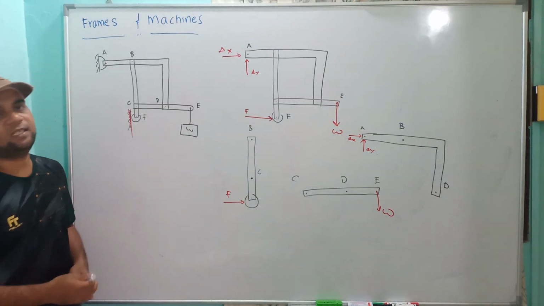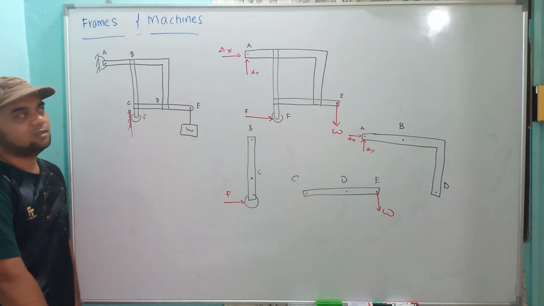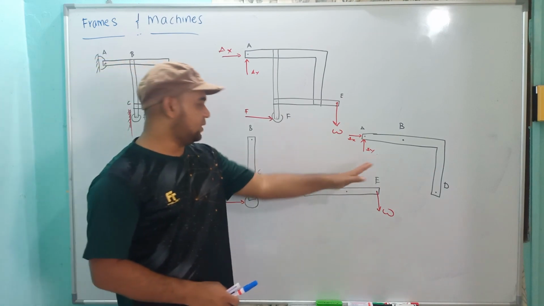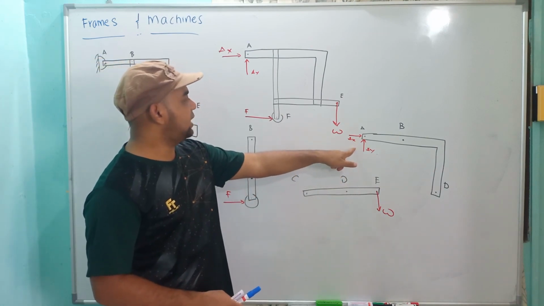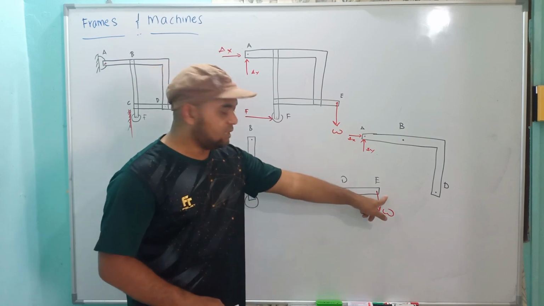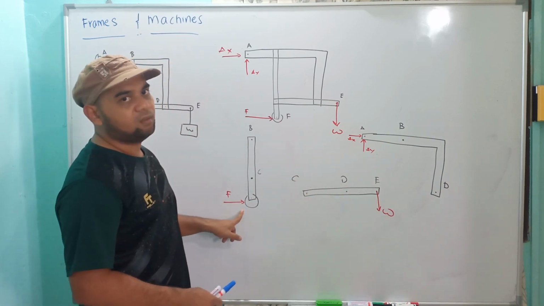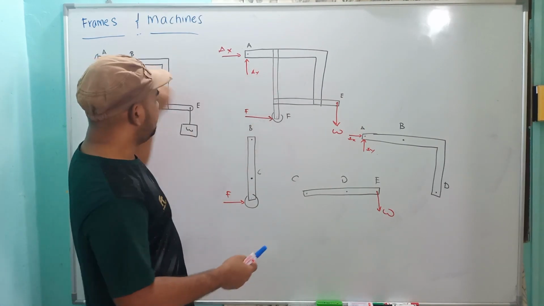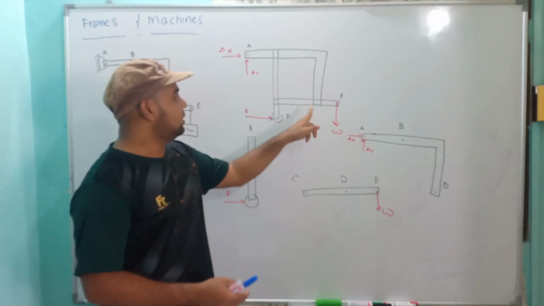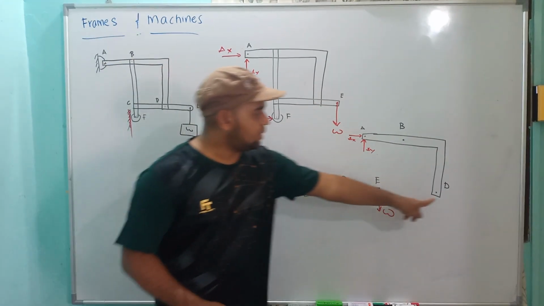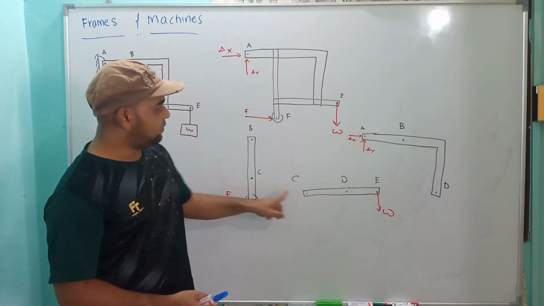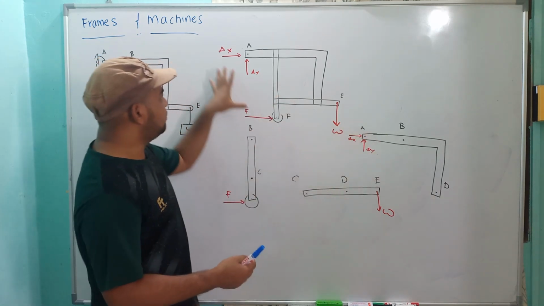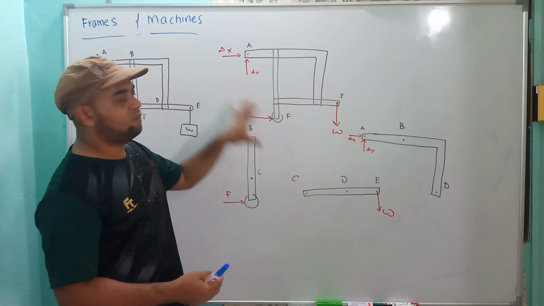Okay, you just want to transfer that to all the other parts. You will notice that here this point is not shared with the other part. Here we only see A1, E1, F1, whereas other components you will see several times. For example, point B, you will see B1 here and B here. We have D here, so D1 and D here. And also C, here we have C, here we have C. So that's the difference. This point will not be shared by other points, so we just directly transfer from the overall free body diagram.